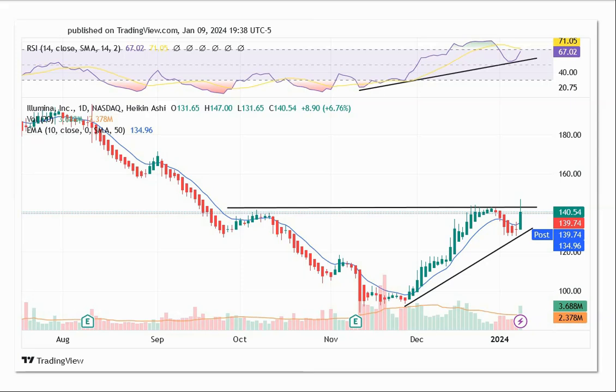We've got four chart patterns to look at today. The first one is Illumina. ILMN is the symbol, and this is a 6-month chart. I'm showing here the bottom that the stock made in mid-November. From there, we've got an upward sloping